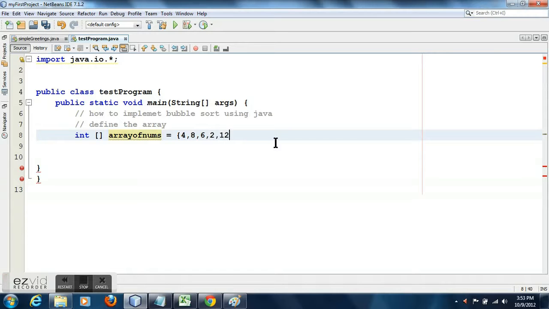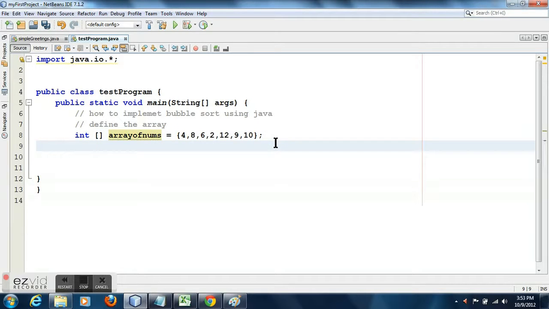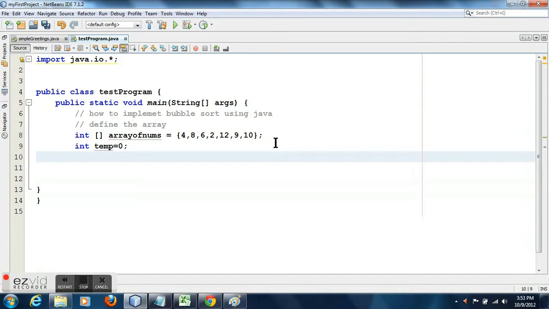As you can see, the lowest number is 2, which is somewhere in the middle. The highest number is 12, again it is in the middle. So it is not a sorted array, it is an unsorted array. I define one temporary integer value where I will store only the temporary number for swapping purposes only, for exchange